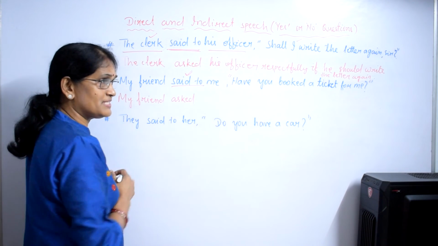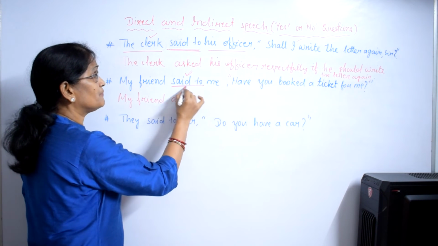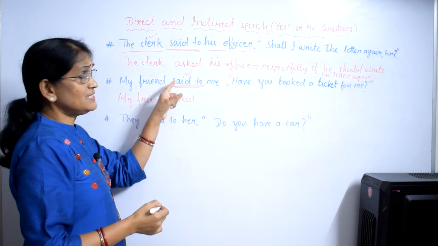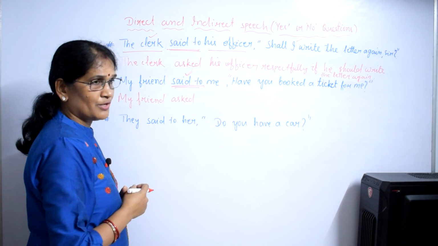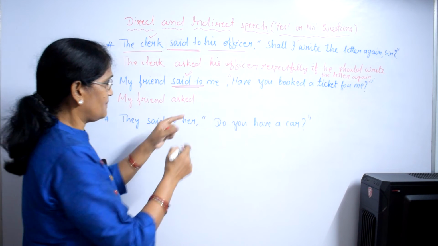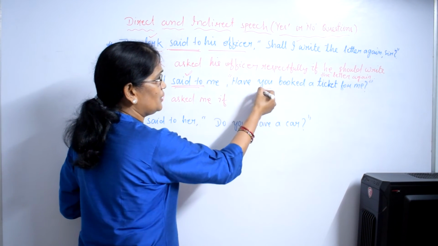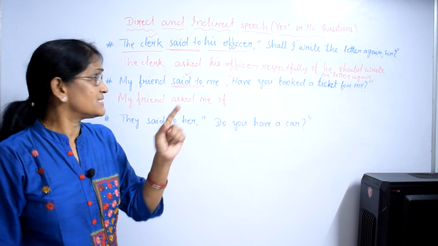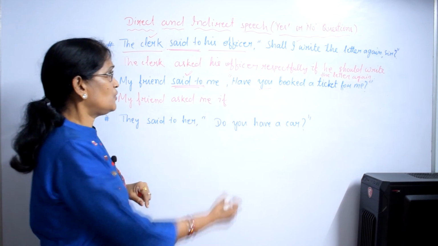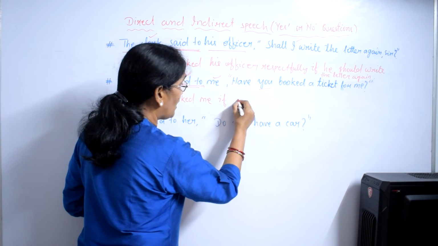Otherwise, the tense will not be changed. Otherwise means if the tense is present or future, the tense will not be changed in reported speech. My friend asked me if you, second person pronoun will be changed as per object. Object me here, its subjective form I. So if I